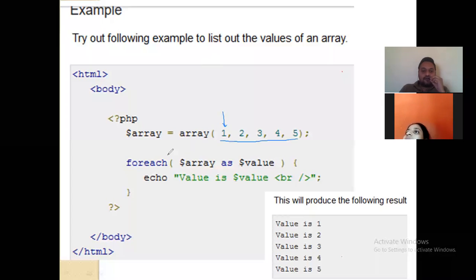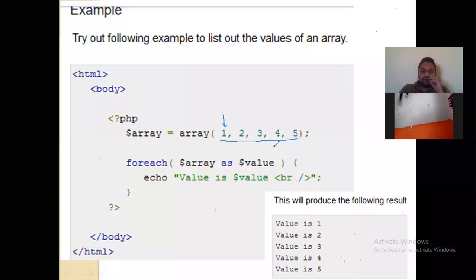Okay, now foreach $array as $value. Okay, so the foreach loop is used to go through the values of arrays. So foreach $array as $value, so it is 1. Okay, so it will check whether there is any value inside this array. Yes, there is 1. Okay, it starts with the first value, that is 1. Okay, so echo $value, so it is displaying the first value for the first loop. Okay, for the first time the value is 1.